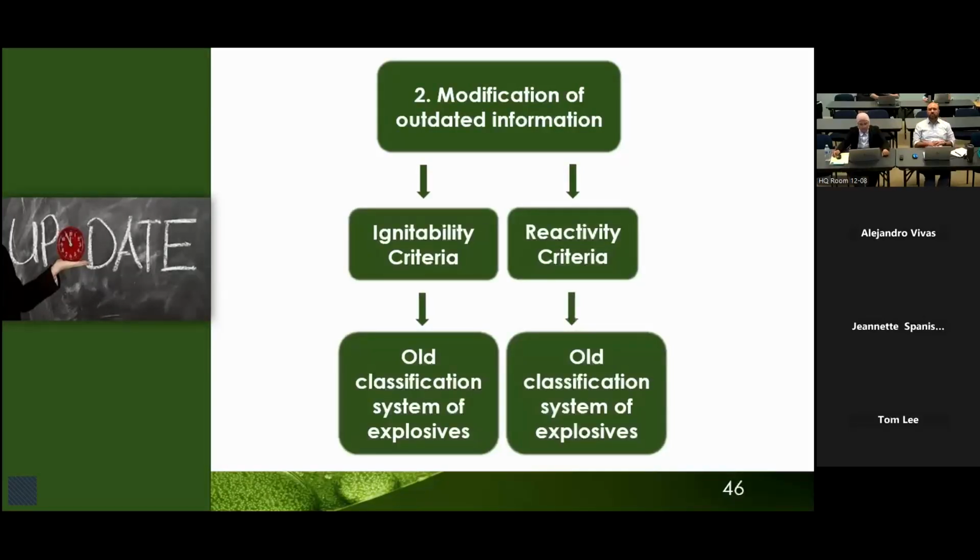For instance, in both ignitability and reactivity criteria, as we have mentioned earlier, there are some subsections which carry references to old or obsolete information and need to be updated. I will now briefly go over these updates to provide a clearer picture of the specific changes and their implications. These updates aim to bring the regulations in line with current scientific standards by revising the criteria sections that need change. I will talk about these updates briefly for the next few minutes.